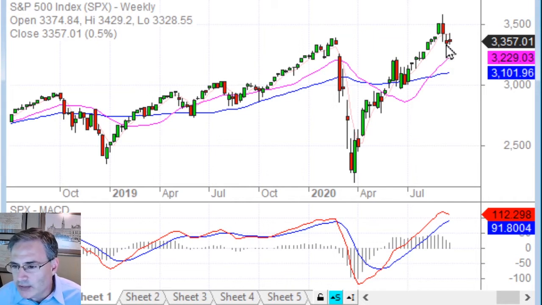And we'll just have to see. I mean, it's very possible. So catching up with the 18-week is really what my target would be. I'd prefer to see price come down to it simply because I want to see the sentiment numbers continue to drop. Just as an update on that, the sentiment dropped from 43 down to 36 this week. So we are starting to see the bulls start to drop off, a little bit more bearishness. So that is a good sign.